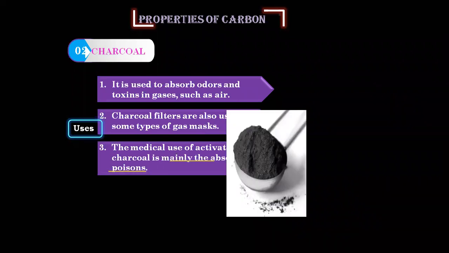Here, I'm sure everybody is seeing these days, no? In your face wash and toothpaste, you get charcoal. Yes, charcoal is used everywhere. Yeah, this is not there in the textbook. This is additional information because I expected you would definitely ask me, after knowing the uses of coal, what are the uses of charcoal.